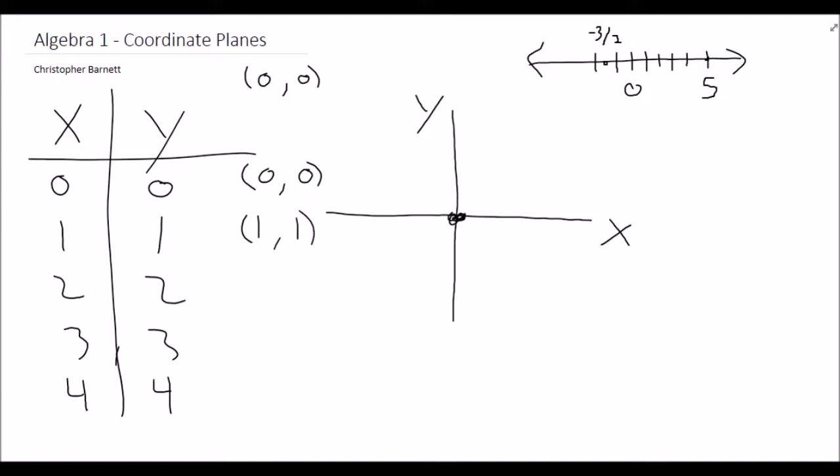Another thing I might want to add is that in this notation right here, the first coordinate is always the x value, or the independent variable, and the second coordinate will always be the y value, or the dependent variable. So we're going to continue on. Then we just have 2, 2 here. 3, 3, this is just proper notation. 4,